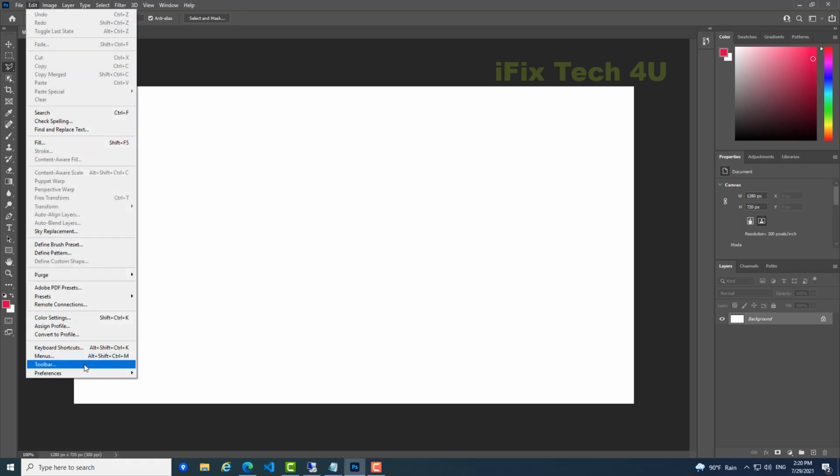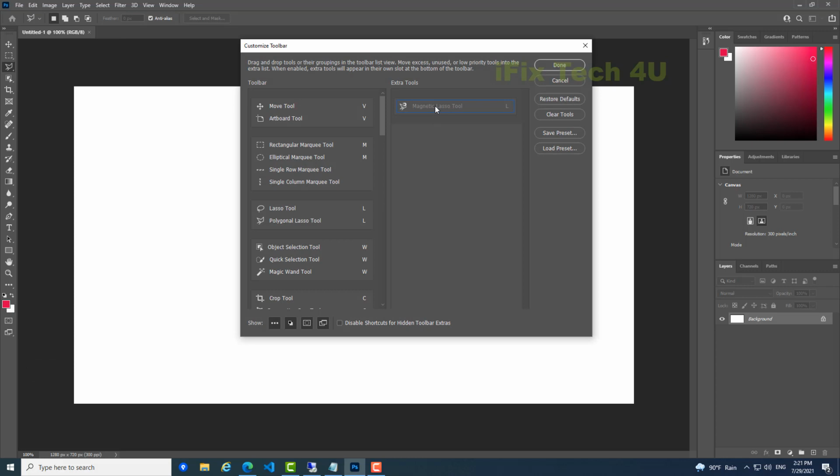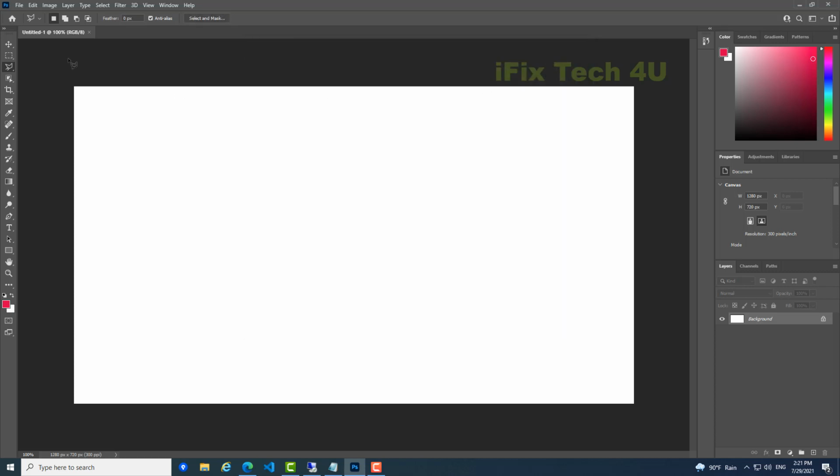We go again, and then I drag it and drop it here. Okay, and then I click Done. You can see here. And you can also hide some tools here, like for example here you want to hide